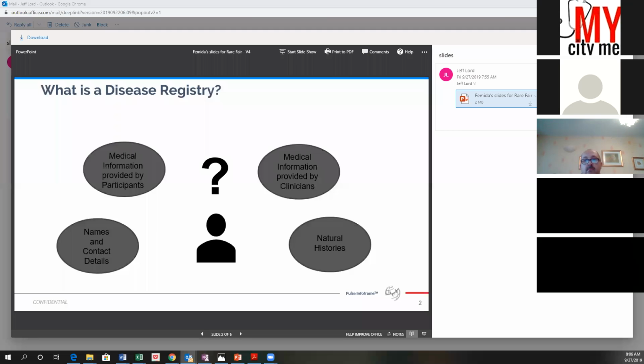So think about your disease registry as, what is the end point? What do I actually want at the end? Do I simply want a contact registry to start? Do I want to understand the natural history of my population? Do I want information that can be shared with clinicians so there could be more research and development done? So how we define disease registry is really up to us because there are so many different definitions.